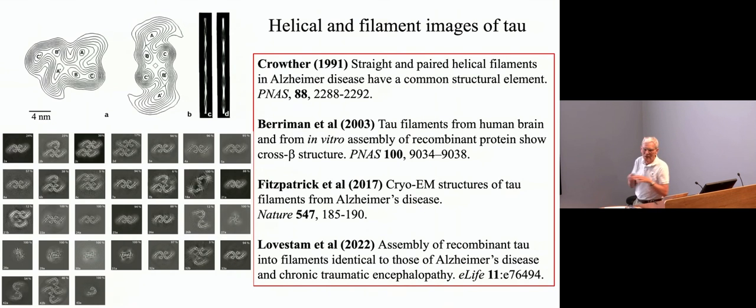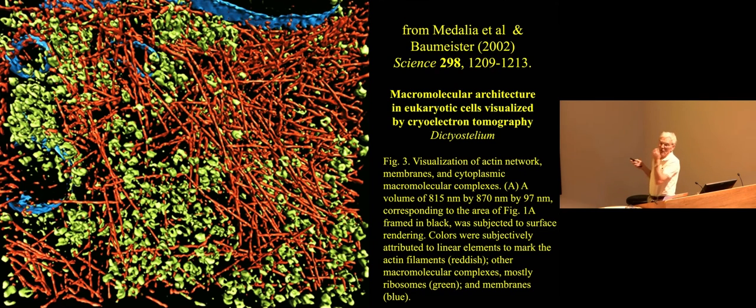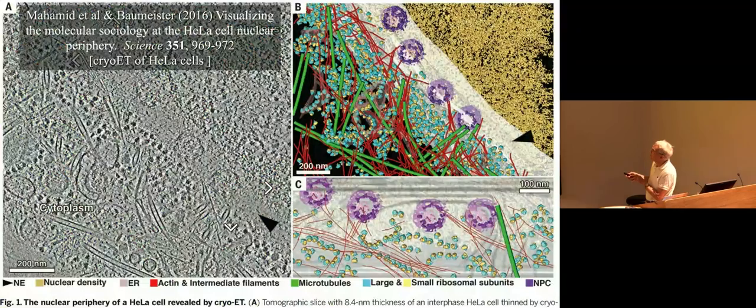So I think I've got two more slides, and I'm not going to talk about them, but you'll be having talks about hardware, about detectors, about tomography and so on, and I couldn't have a historical summary without mentioning a little bit about the tomography side, which is largely a spin-out from Hoppy's original interest in it. One paper is Ohad Medalia in Baumeister's lab. Baumeister was the successor to Hoppy. In 2002 in Science, showing that you could get tomograms of thin sections of rapidly frozen specimens, and these were the actin and the ribosomes in that paper, Dictyostelium slice,